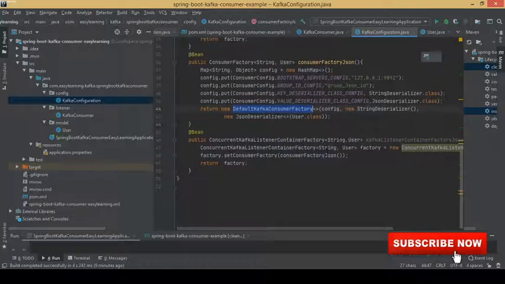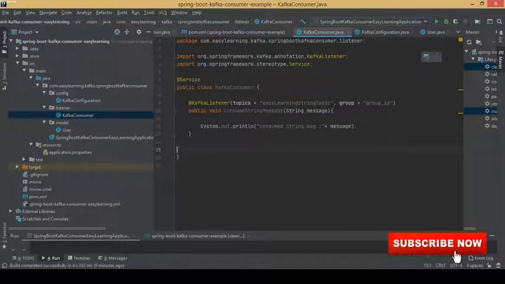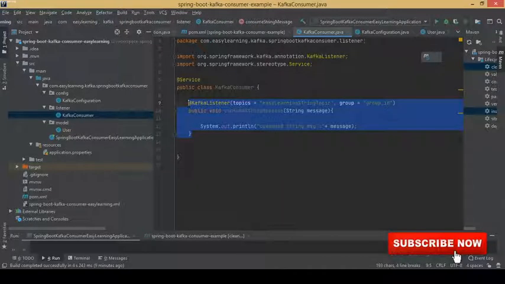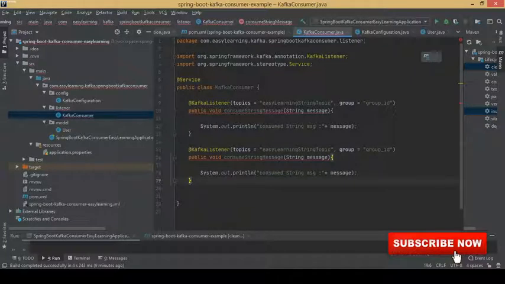So guys, let's go back to our consumer, and as I mentioned we'll have one more method here. I don't want to tamper with the old method for the string. So let's give a name called topic2. So easy learning string topic, because topic 1 is already there in my system. I'll freshly show you how to create the topic also.